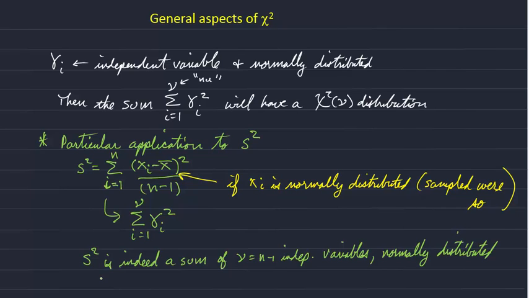And that is why s squared has a chi-squared n minus 1 distribution,